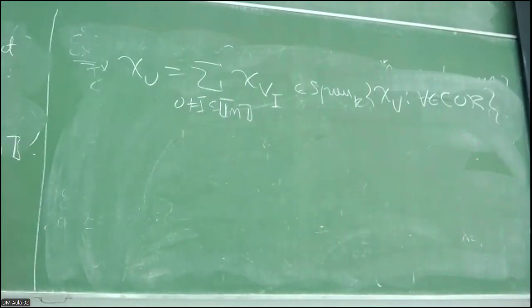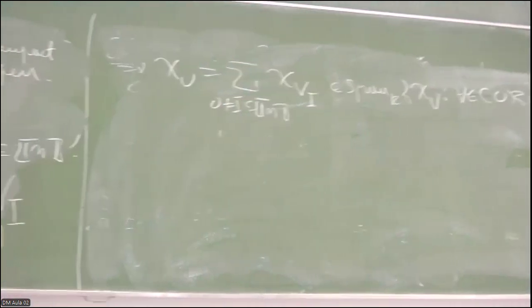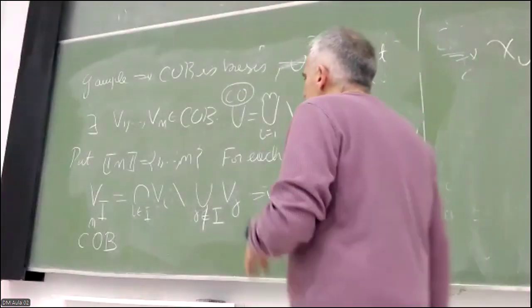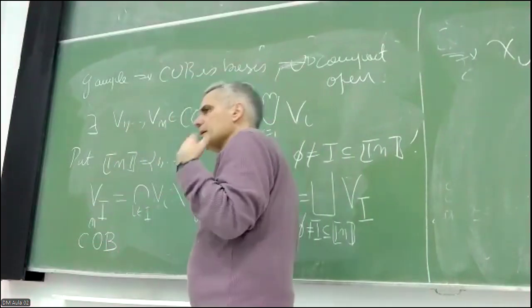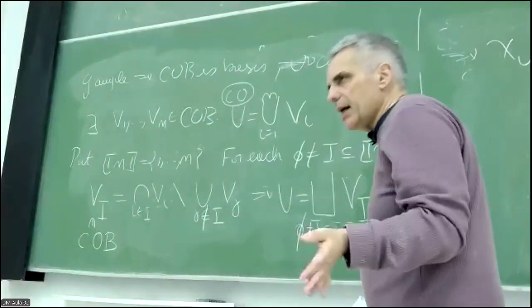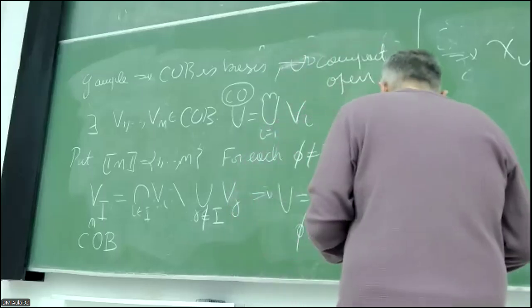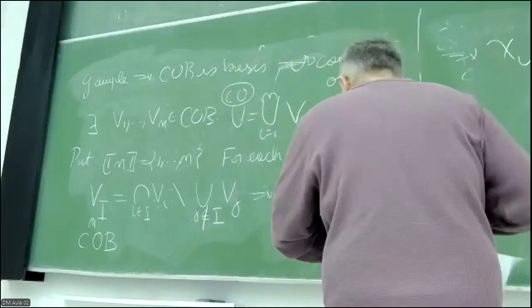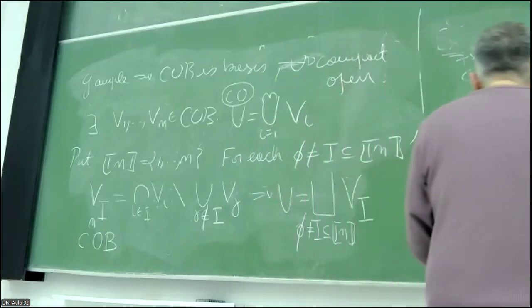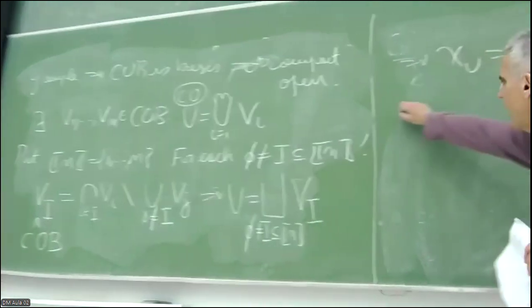Okay, so here it is important, it is very important that all the VIs sit inside U and the U is Hausdorff. Okay, I cannot do this without this hypothesis because the intersection of compact subsets in a non-Hausdorff space need not be compact. Okay, right. So, yeah. So far,